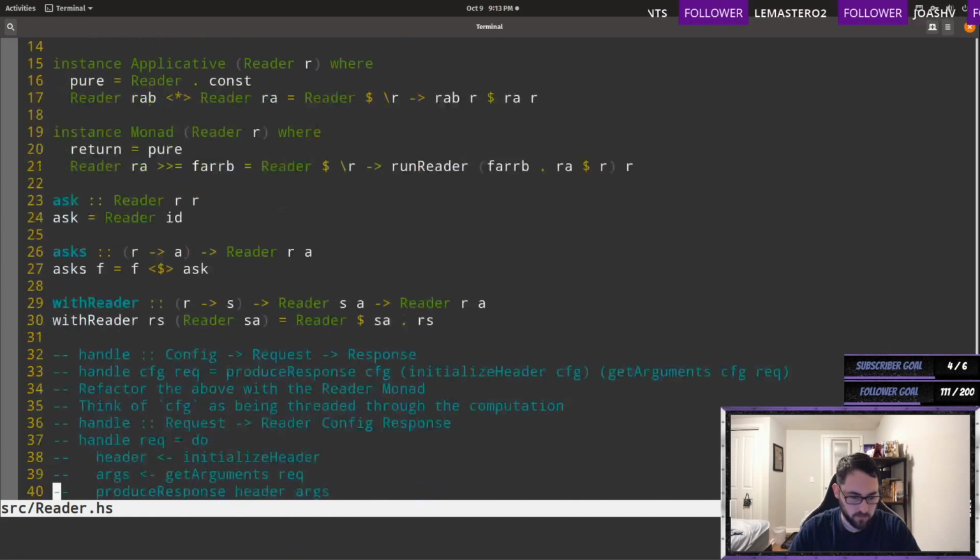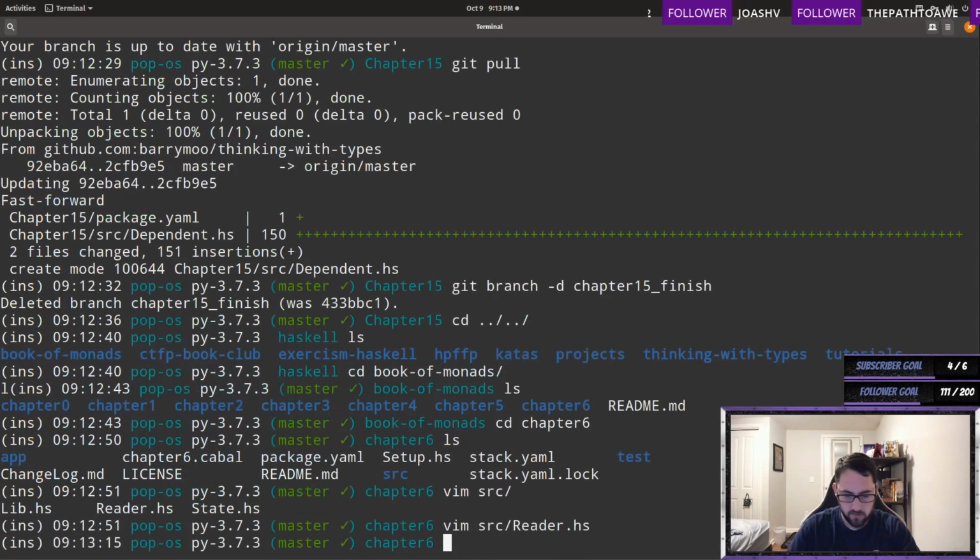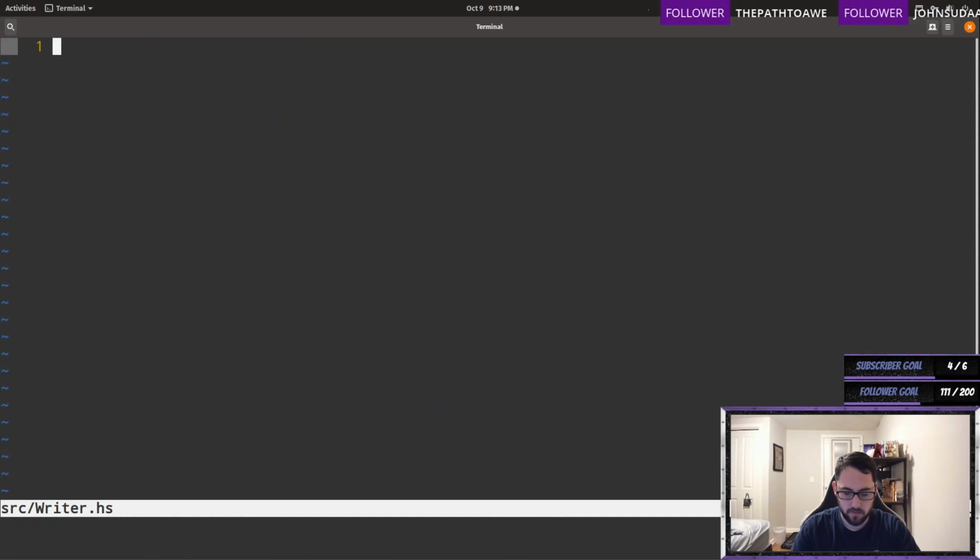And then there were these weird examples that wouldn't compile for some reason, or were sort of skeletons for how you would do things. So I think the first thing we need to do is just create writer.hs: module Writer where, and we're going to write a new type